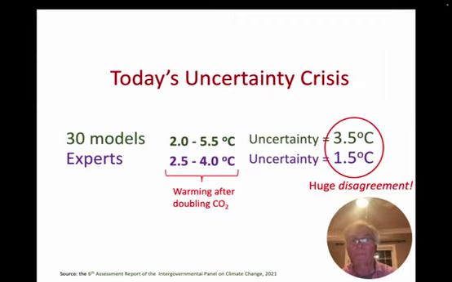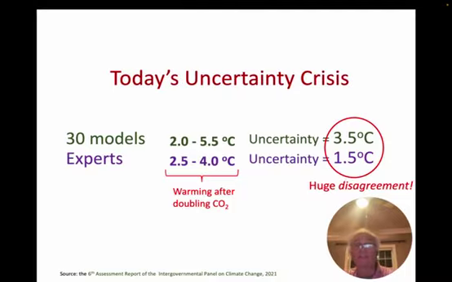In 2021, the Intergovernmental Panel on Climate Change published its 6th assessment report. The hope was that the 30 or so models that were used would finally reduce the uncertainty to much smaller levels that policymakers need. In the event, the report showed that the models were more different from each other than ever before. For the first time, the overall uncertainty increased to the range of 3.5 degrees C.